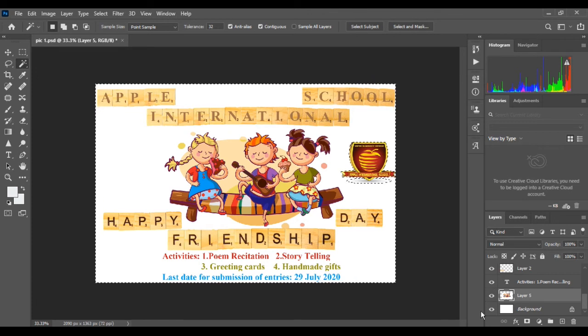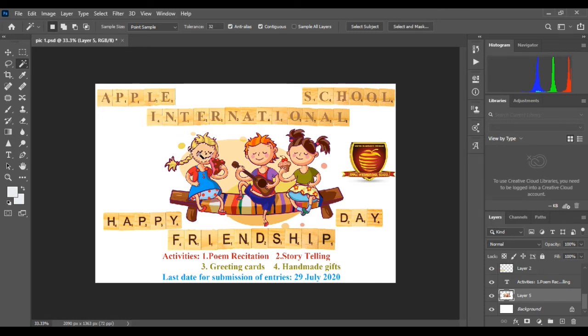If you want to select from this layer, first select this layer and then use that tool. So this one part is selected. If you click on this green color, it will select this green color. If you click on this face, it will select this colored part.